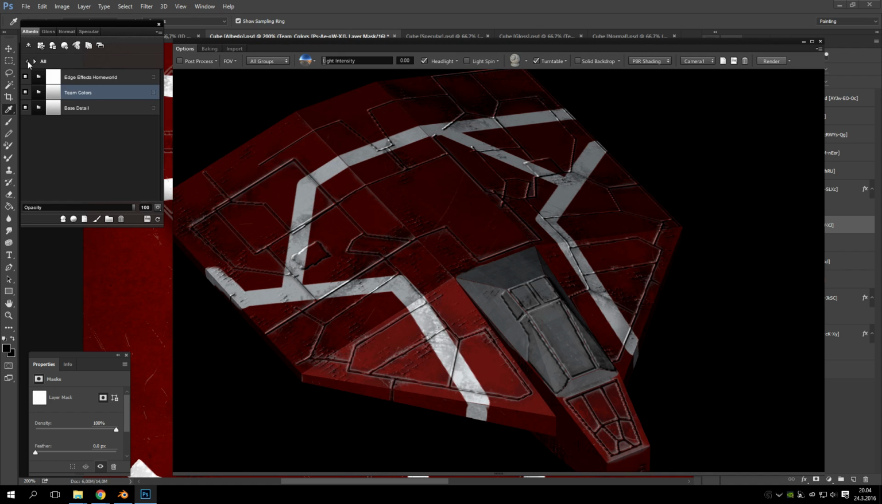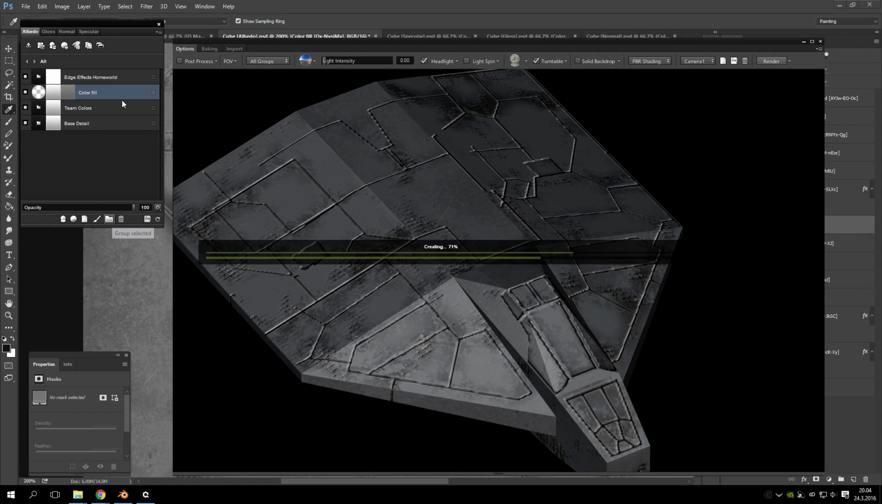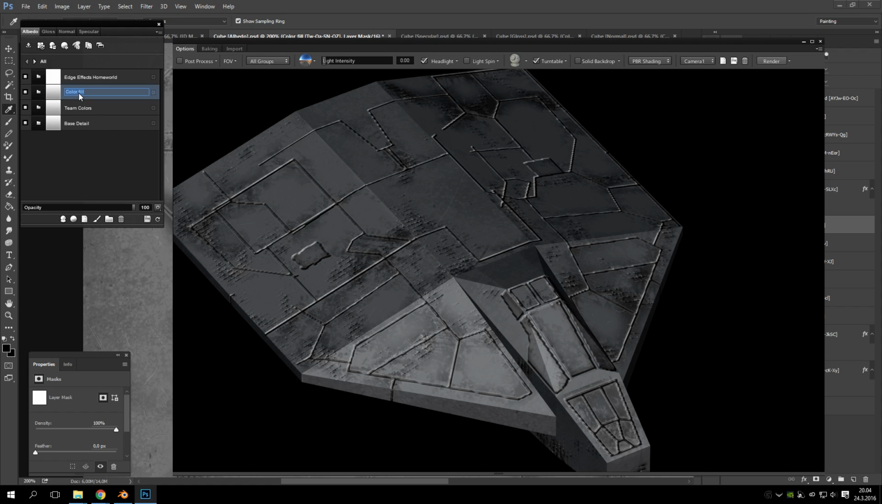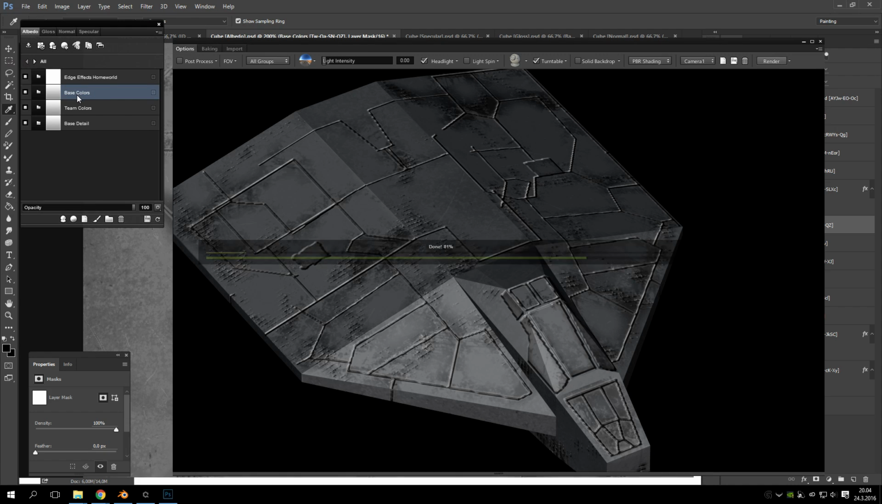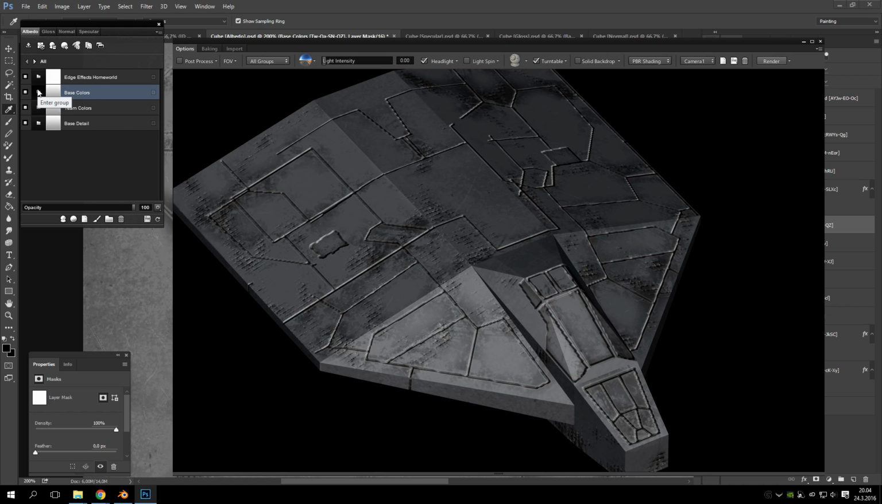Now we go backwards, and then we make a new clean layer. And this is going to be our base colors. So we group this and we rename it base colors. Yeah, and then we go into the folder itself,